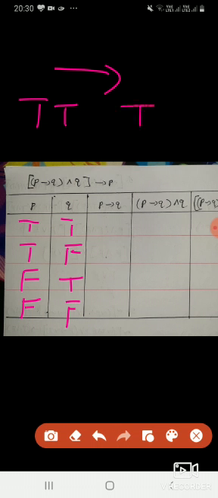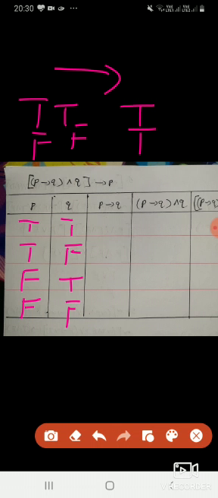Listen, we are going to practice this sum over here. First of all, I'm going to take true, true, false, false. Next, true, false, true, false. And in this table, both are true रहेगा तो true, both are false रहेगा तो भी true आएगा. बाकी सब में ये false है.